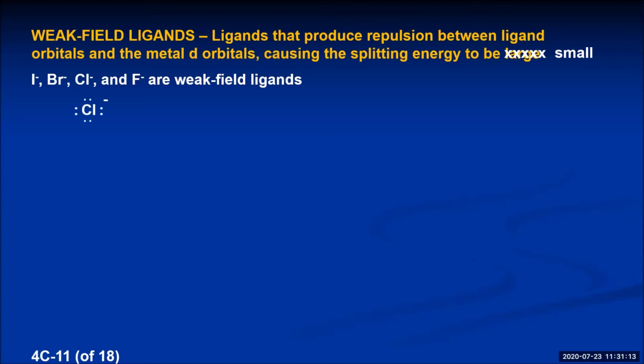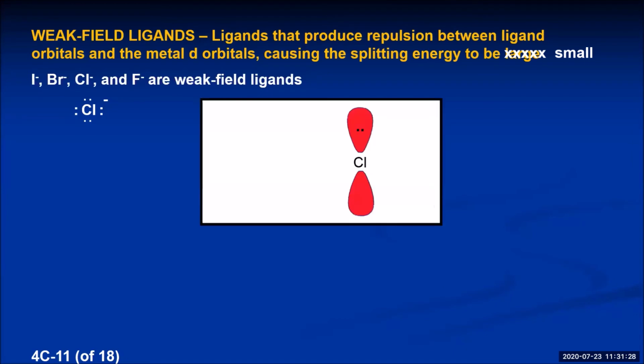And let's see why that is. A chloride ion whose Lewis structure looks like this shows that it has lone pairs in its outer shell. There'll be a lone pair in a 3s orbital, a lone pair in a 3px, a lone pair in a 3py, a lone pair in a 3pz. Let me just draw one of those there. Now, if a metal approaches this ligand, and this is a p atomic orbital on the chloride, if a metal approaches it with one of its d orbitals,